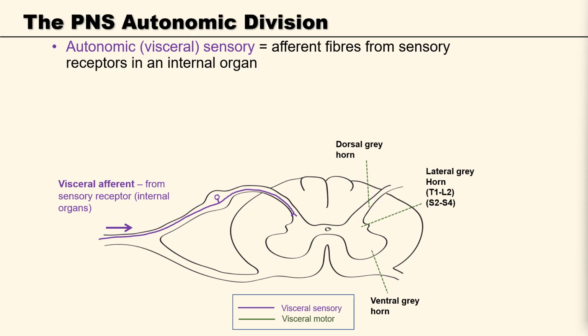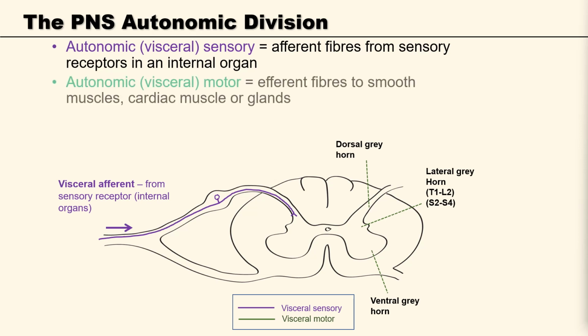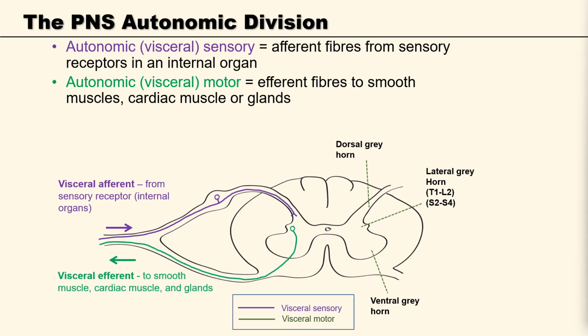The autonomic visceral motor fibres, or the efferent fibres, take the information to the organ via the ventral route, which is also very similar, except, stop for a second, these do not originate from the ventral grey horn. No, that's because of this: the lateral grey horn. Those nerves coming from the spinal cord to the organ come from the lateral grey horn,